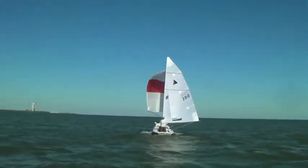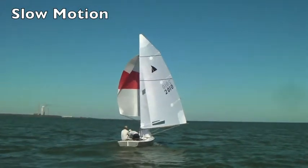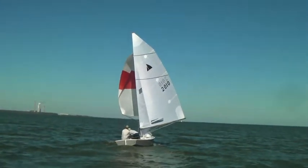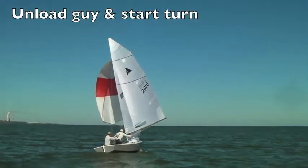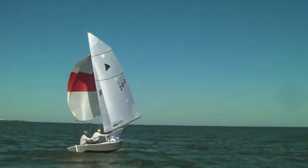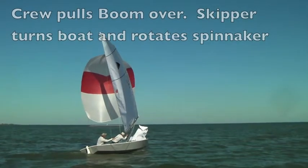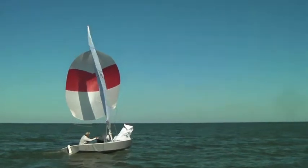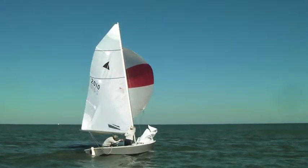Now let's look at the jibe in slow motion. This maneuver is very fluid. First thing that happens is Ryan goes for the guy hook. Then I'll start turning the boat. Once I see the guy is released, my head is up, watching the spinnaker and looking for the exit angle out of the jibe. Ryan pulls the boom over, and once the boom comes over, I stop my turn,